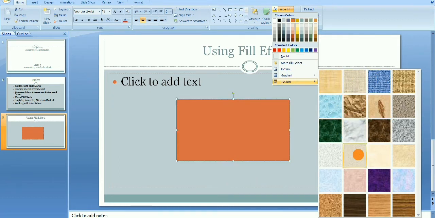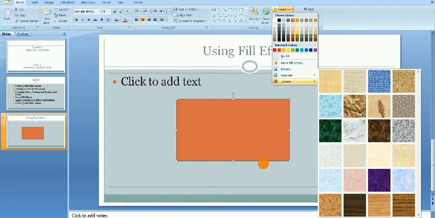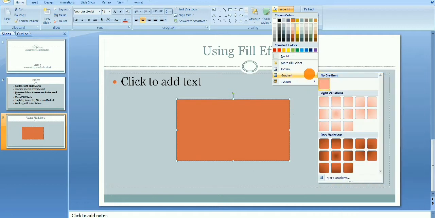If you want to add another texture, you can click on More Textures, and there you can customize your texture according to your choice. If you want to apply the gradient fill, you can apply it from here. If you want to customize your gradient color, you can click on More Gradients.